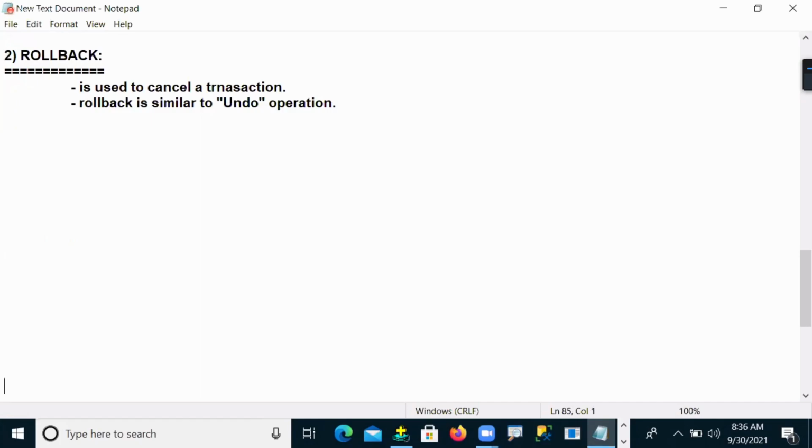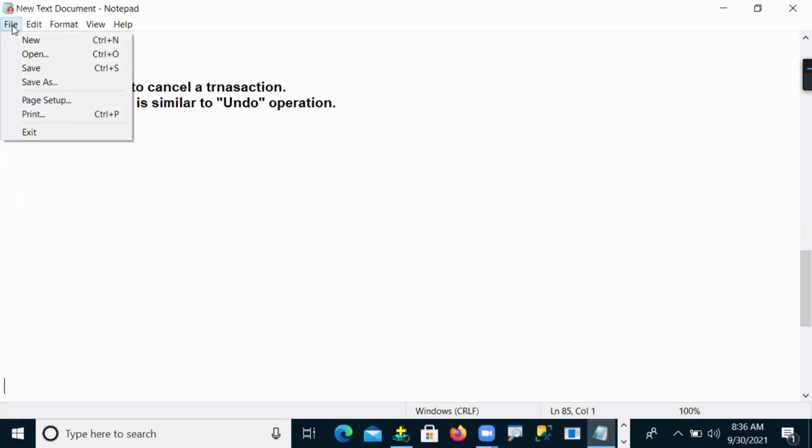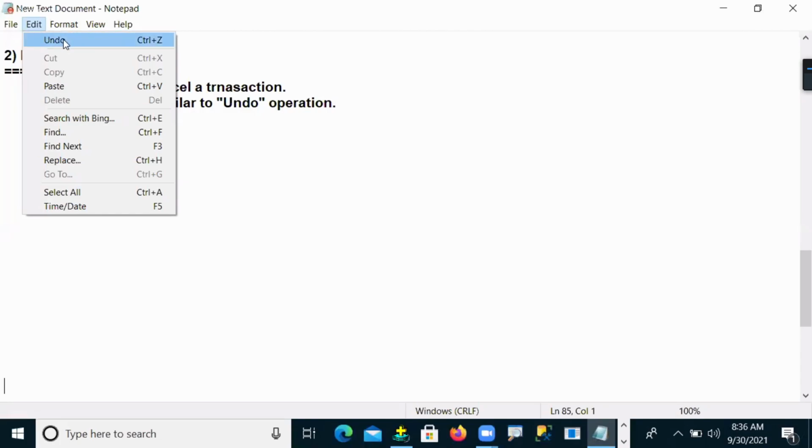I think all of you know this undo. Guys, what does undo mean? I'm telling you rollback is similar to undo. But what is the use of undo in your files? Now your file is there, here undo is there. In my text file, can you see undo?